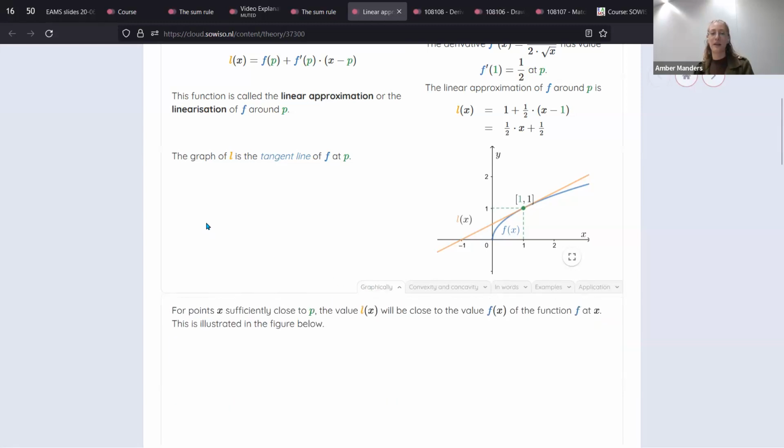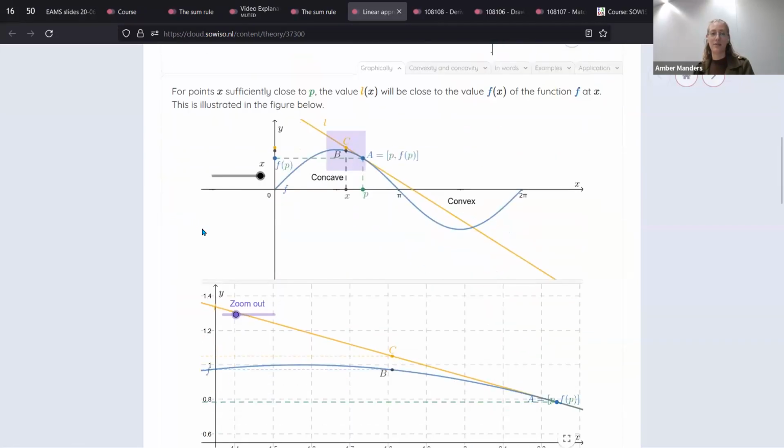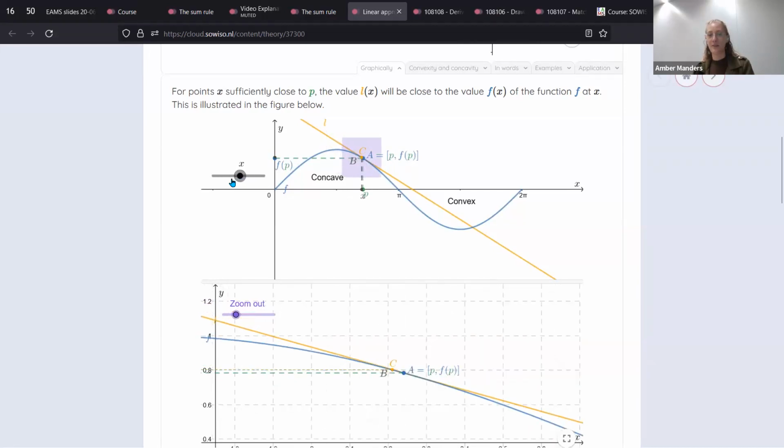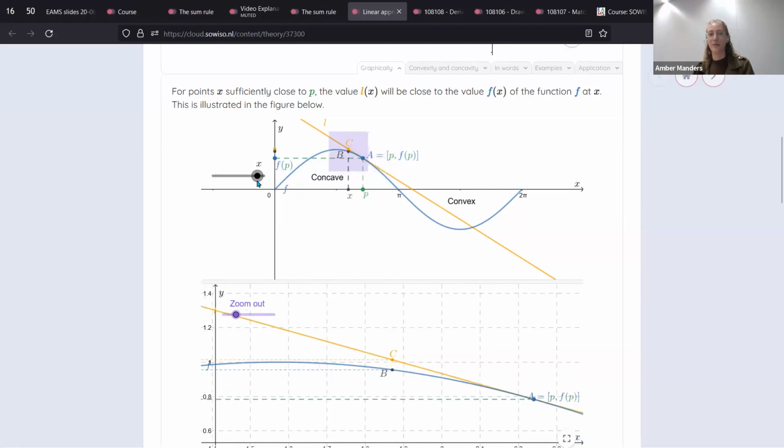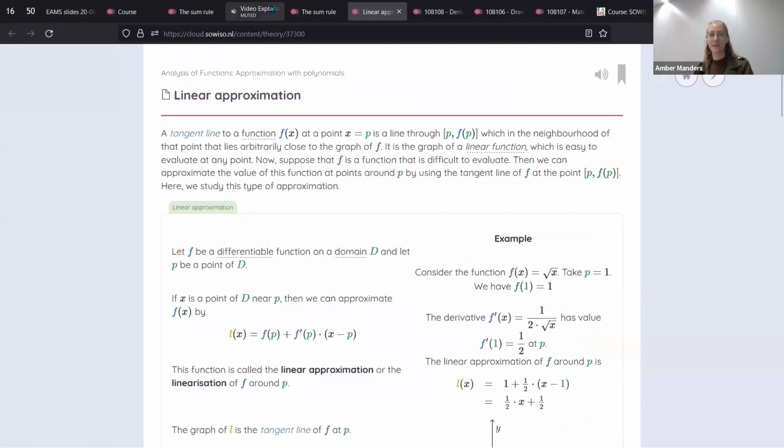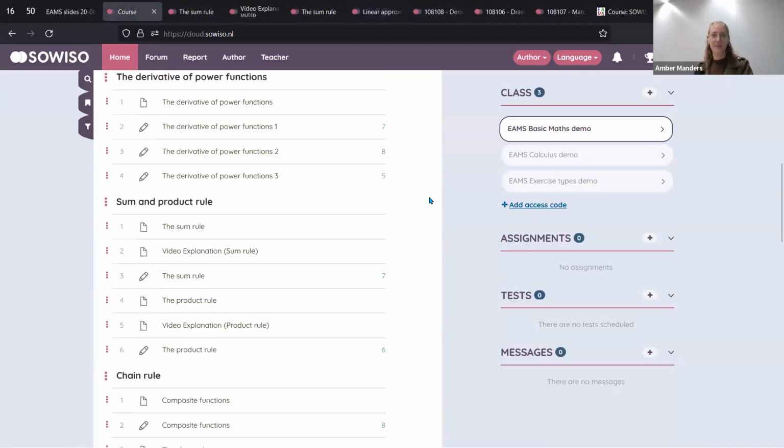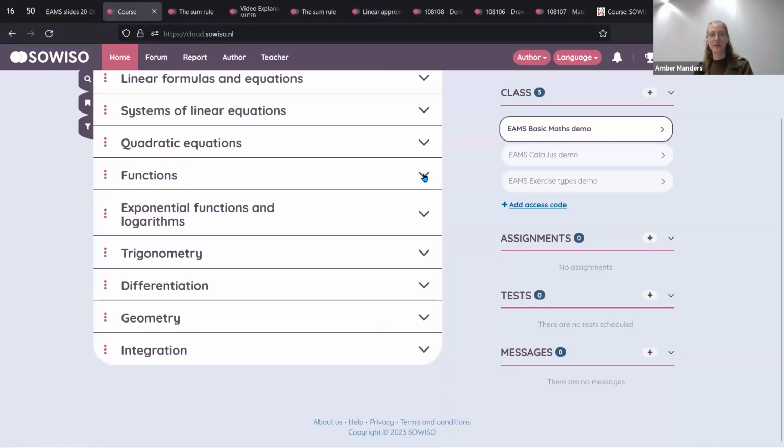But often we also make images that are actually interactive, like this, for example, where they can see how linear approximations work. And the students can use sliders or draw things or input things themselves in these applets, and then they see how the theory is applied. All right, so this was a bit of a demo of some content from one of our courses.